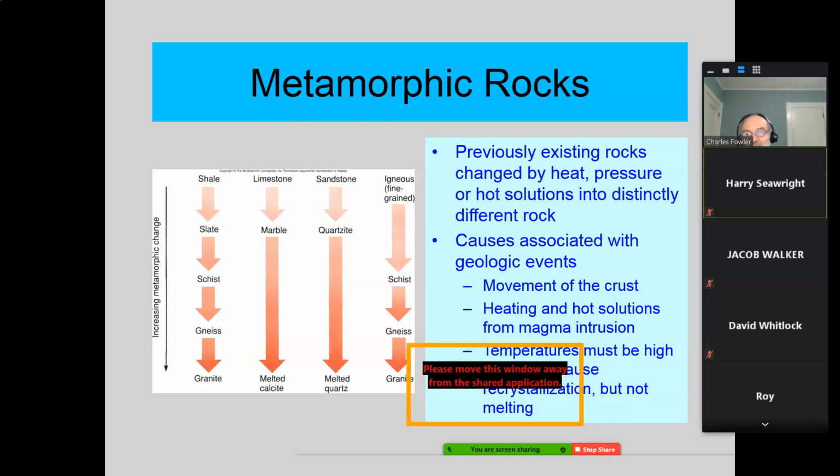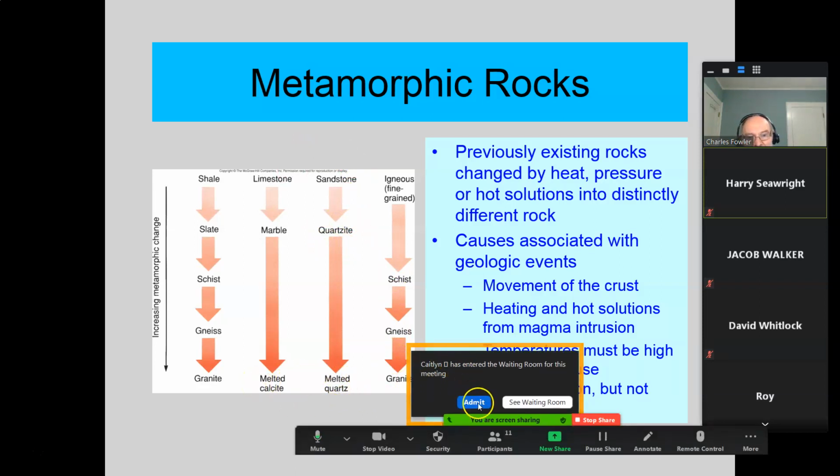Okay, so here we have a clastic sedimentary rock going into a metamorphic, going into a different metamorphic, going into a different metamorphic before it finally becomes igneous again. Here was a chemical sedimentary rock going into a metamorphic before it melts again and becomes igneous again. Here's another clastic metamorphic rock going into clastic sedimentary rock going into a metamorphic rock before it melts and becomes